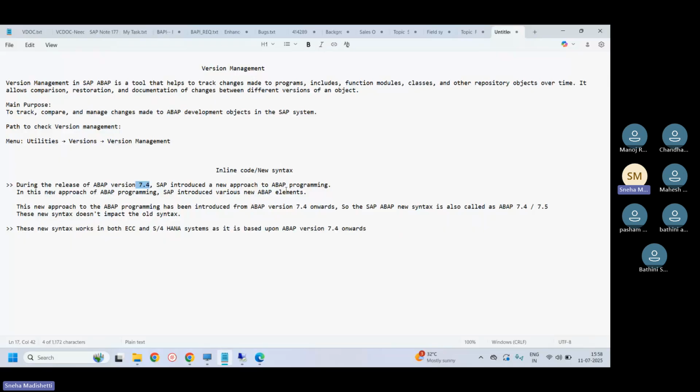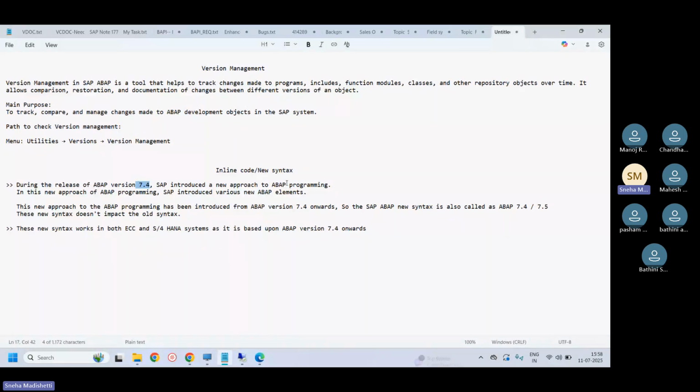It depends on you. If you are comfortable with new syntax, you can follow it, or else you can use mixed. Whenever we want to declare a variable, we don't need to create it separately; on the flow itself we can declare it. We can use old syntax as well as new syntax, but new syntax will be applicable from